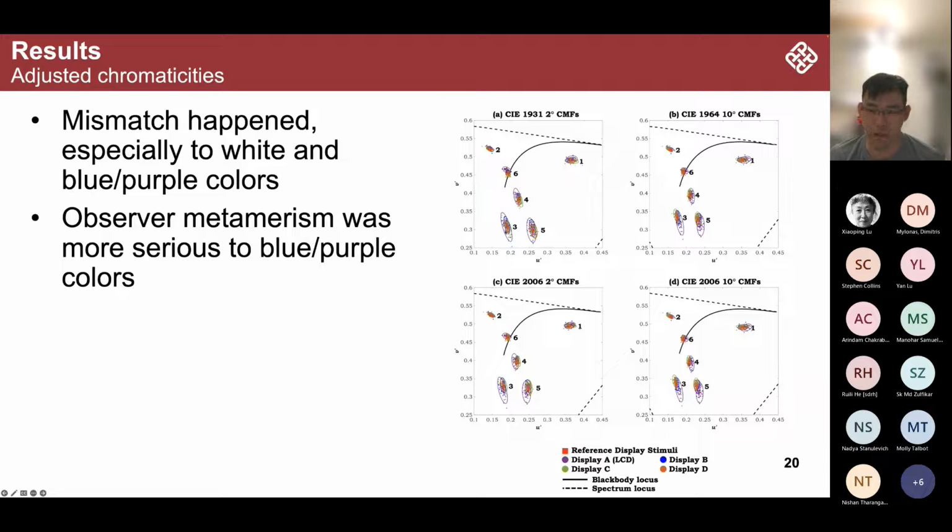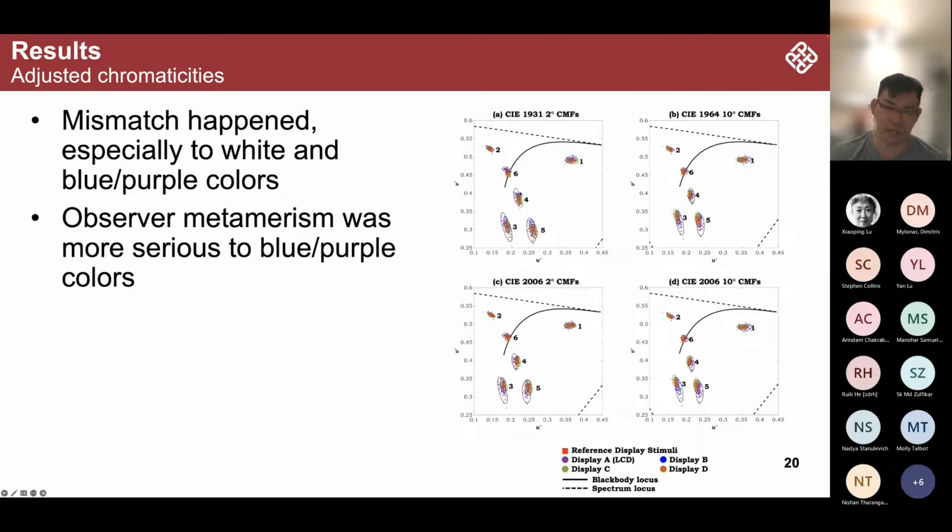And then the 4 different colors are showing the results of the chromaticities adjusted by the observer using each of the 4 test displays to create a match. And the circles or ellipses show the 95% confidence interval of all the matches. Which means if our color matching function was very accurate, all the chromaticities adjusted by the observers should be very close to each other, and also close to the red points. Which means the display did not introduce any problem.